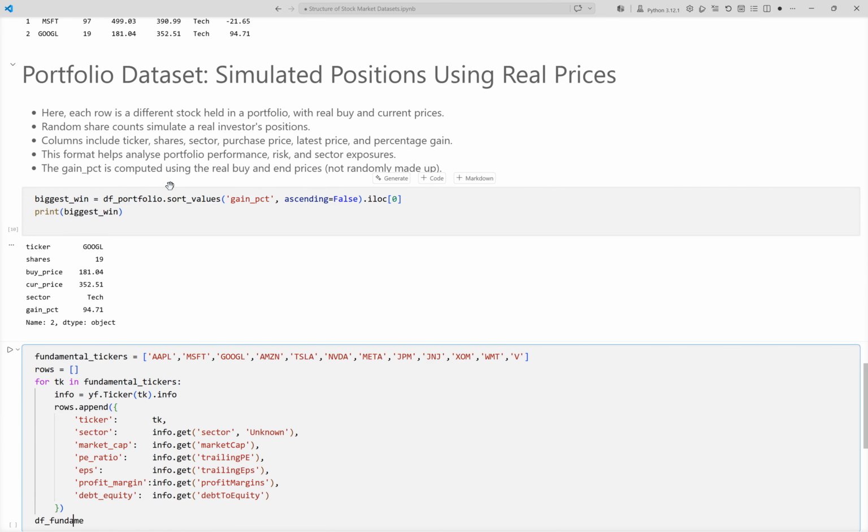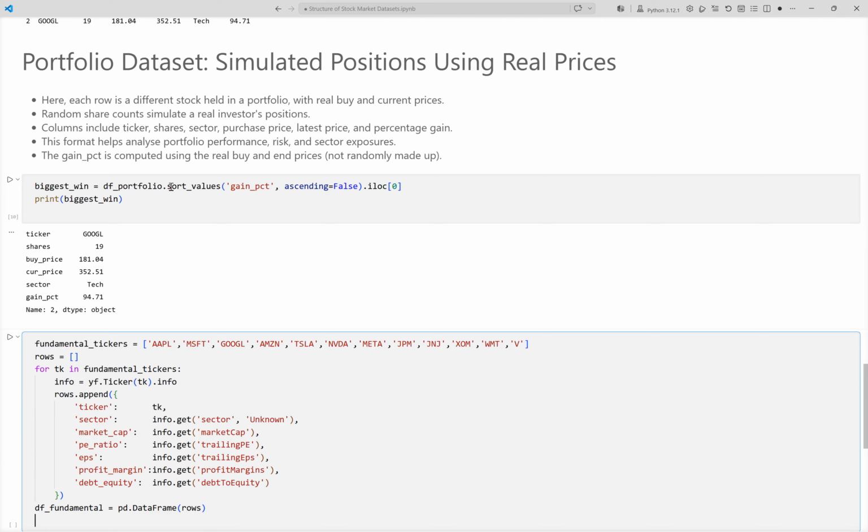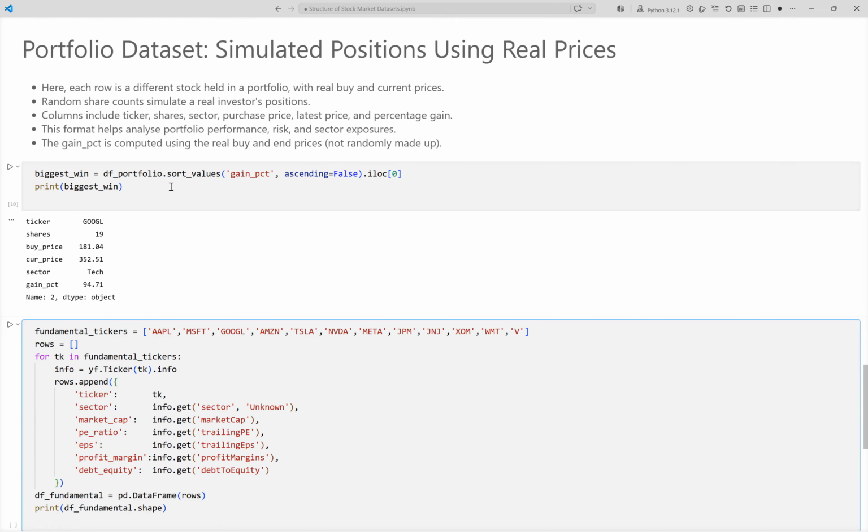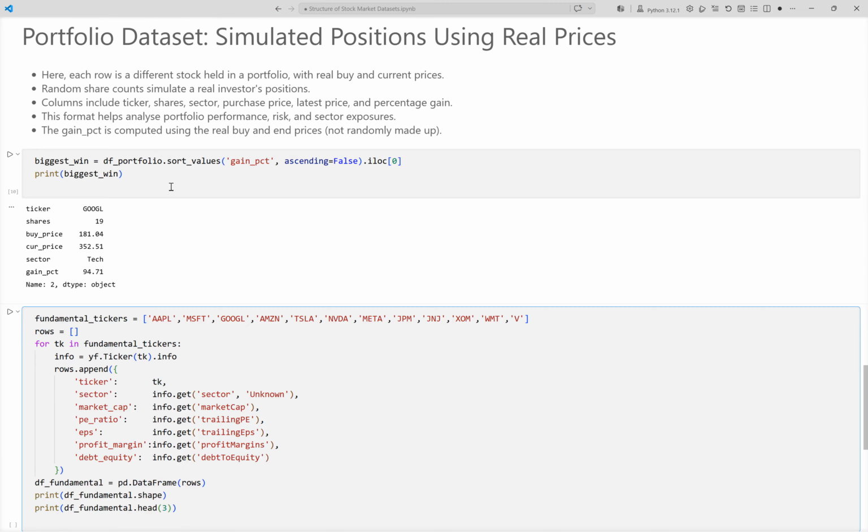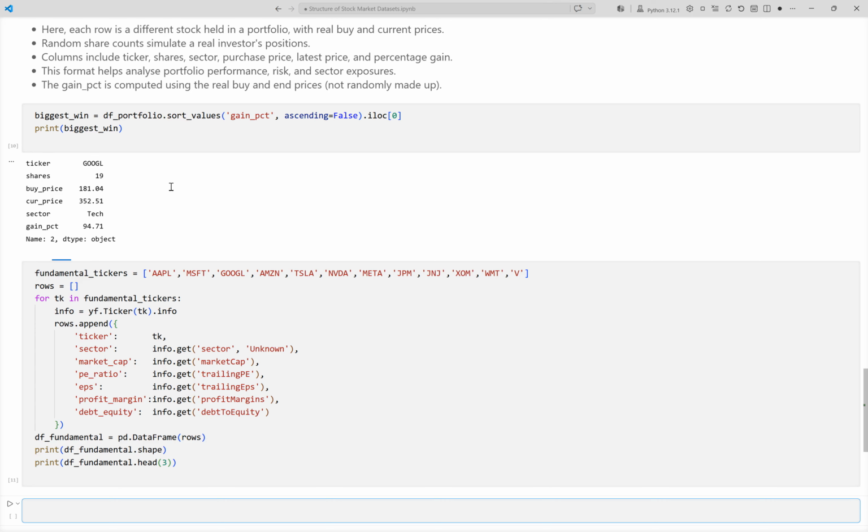We combine all records into a data frame to analyze together. We print the shape to check the number of companies. We preview the first 3 companies to see both numerical and categorical columns. Running the cell now. This output shows a data frame with 12 rows and 7 columns, each row representing a